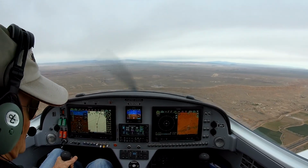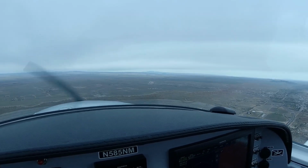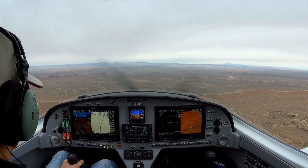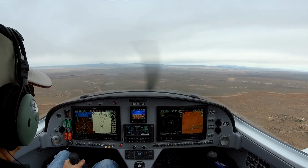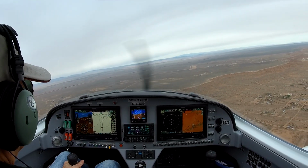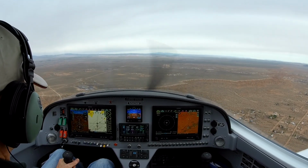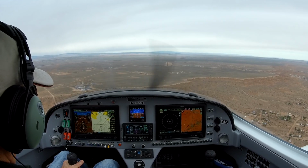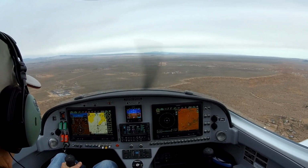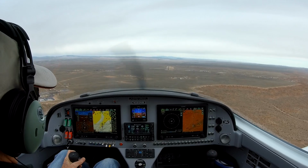Activate the approach button again. There's the runway, airport. Should make a turn pretty quick here. Well, I'm way back on the RPM so we can get down to the glide path. Okay, glide path's coming in. Belen traffic, Bristell 585, November Mike, 2.5 miles east of 3-1, doing the visual 3-1, be doing a missed approach